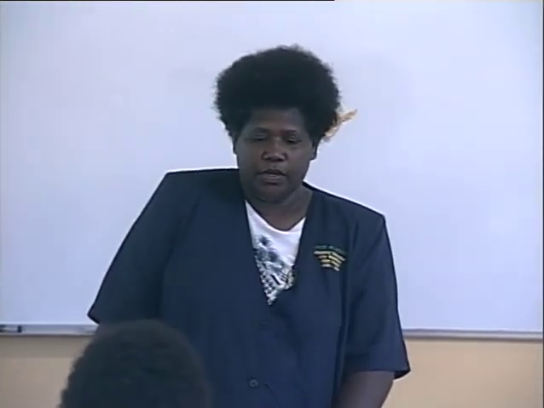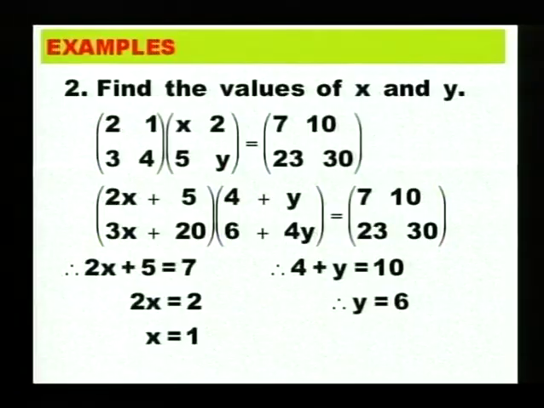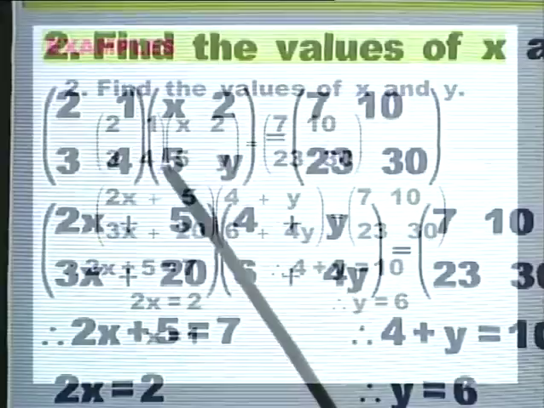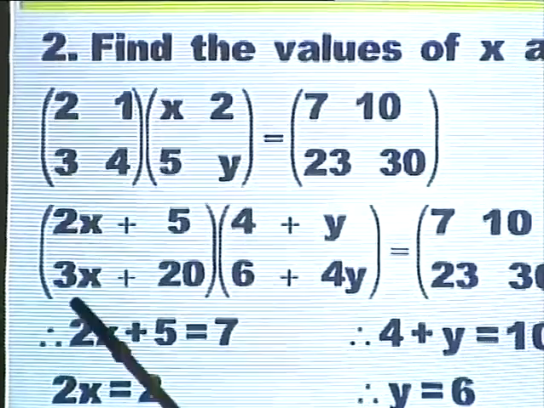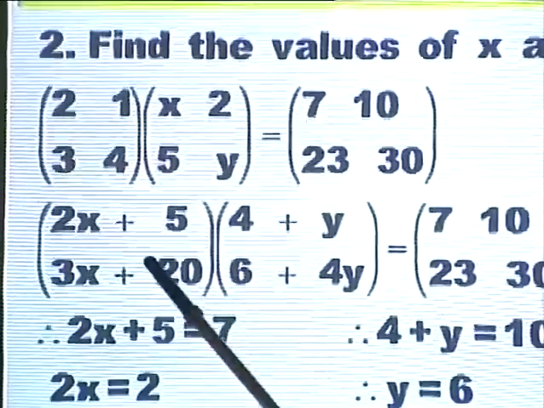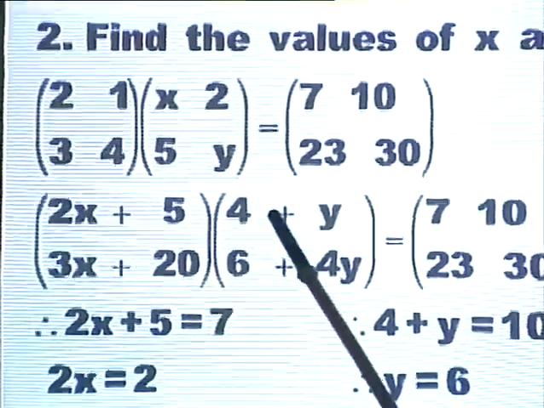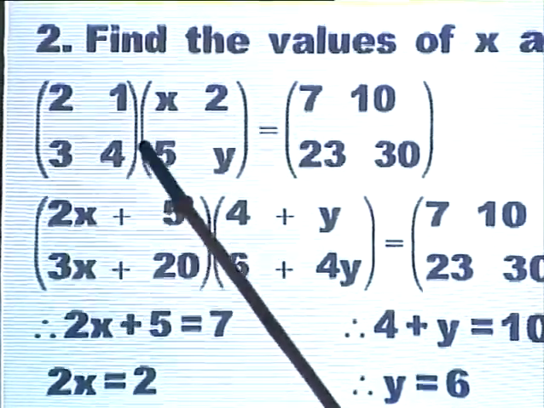Okay, next question, next example. Find the values of x and y given this information. Okay, this is now based on equal matrices. So using the method that you learned to multiply, 2 times x plus 1 times 5 here. And this one will be 3 times x plus 4 times 5, 20. Okay, this one is 4